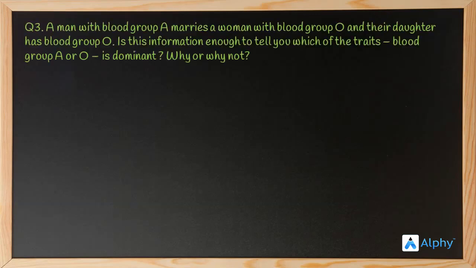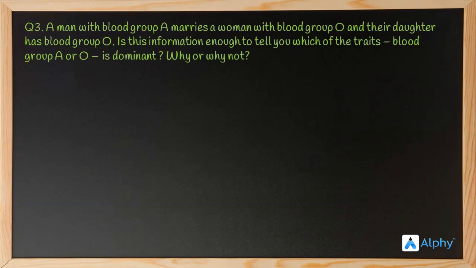Questions part. Moving on to the third question, which says: a man with blood group A marries a woman with blood group O and their daughter has blood group O. Is this information enough to tell you which of the traits, blood group A or O, is dominant? Why? Why not? Okay, so to answer this question, first I would like to give you all a background check